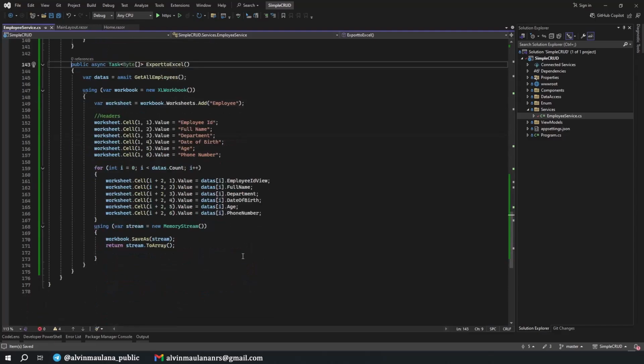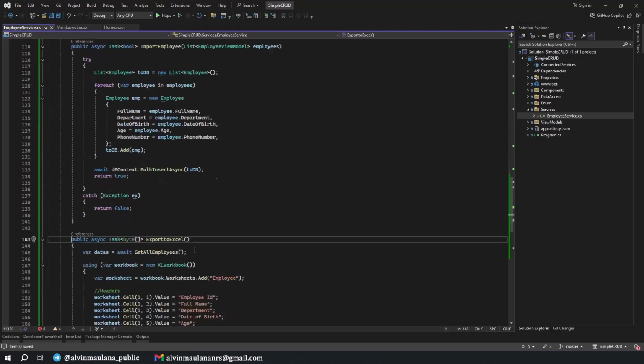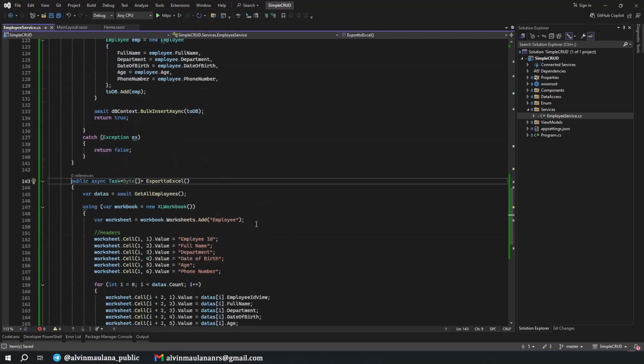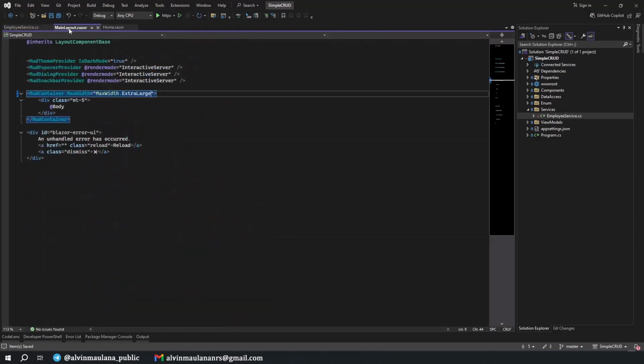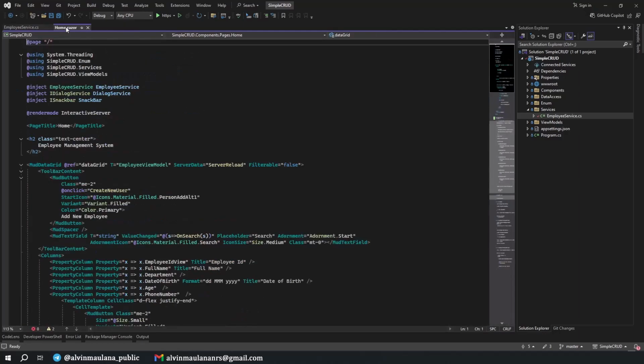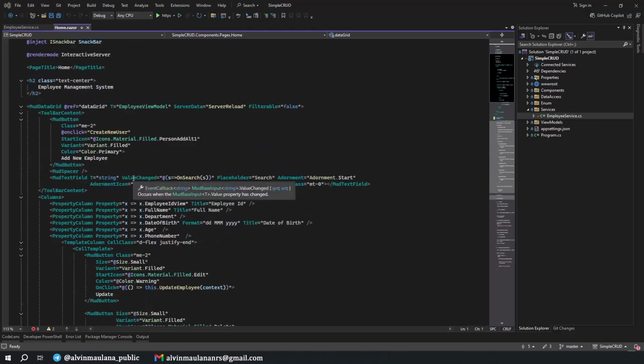Okay, nice. Now we need to update our UI function. So I can go to this one, close, and go to the Home resort. And then let's have a new button for uploading the Excel file and exporting the Excel file.